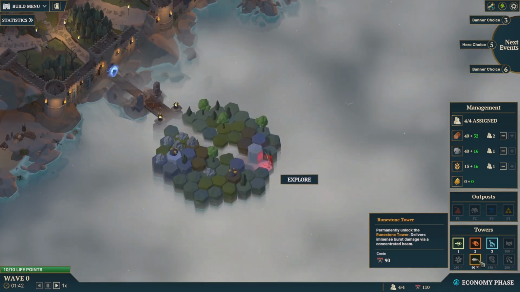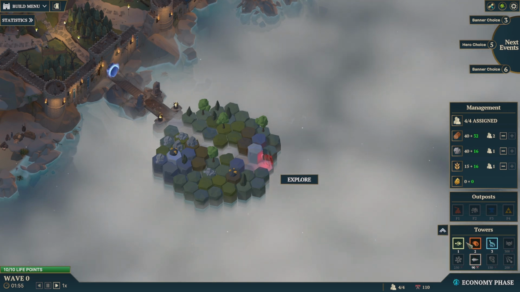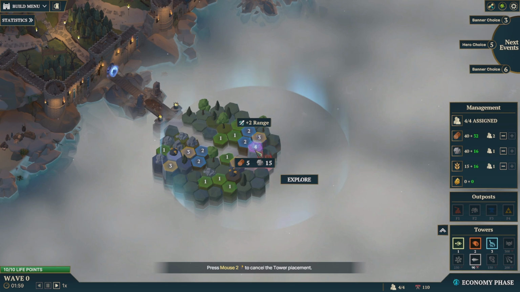Okay. Runestone Tower. Permanently unlock the Runestone Tower. Delivers an immediate burst via a concentrated beam. Interesting. That seems cool. Right. Arrow Tower. Actually,